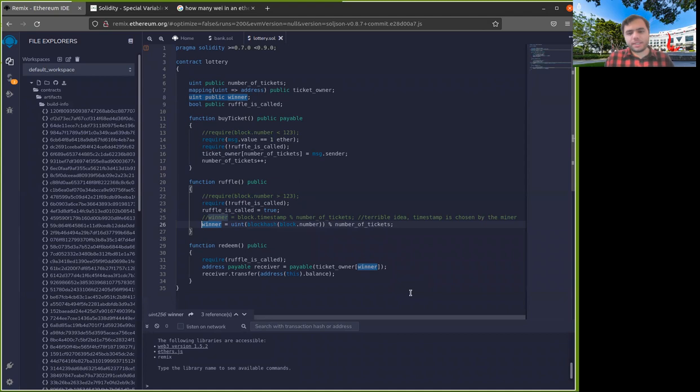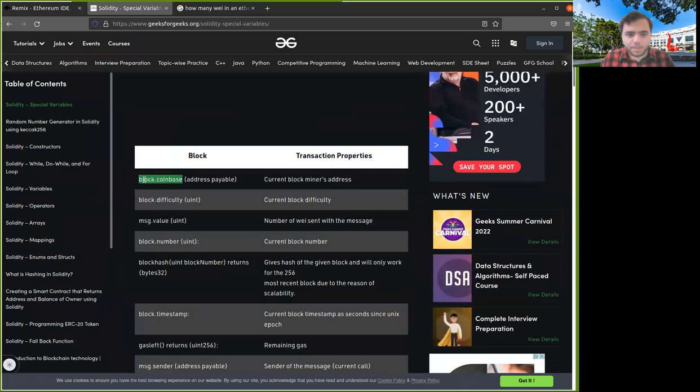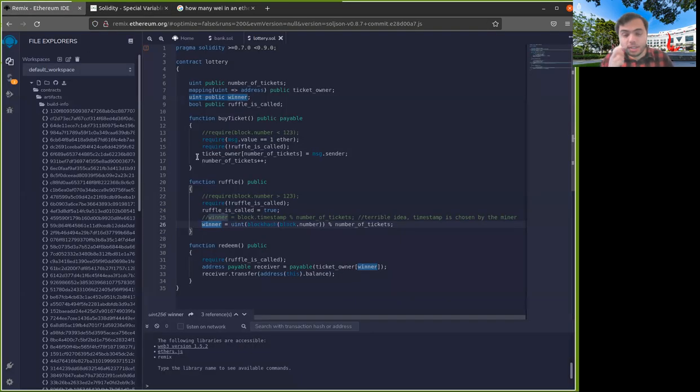So one of the things that is definitely written into this block is the public key of the miner, right? And that's what we would call block.coinbase, right? So when the miner wants to mine a block, they at the very least write their own address into the block so that they can collect the gas fees and the transaction fees and the block reward, of course. So the miner has some control over what goes into the block.